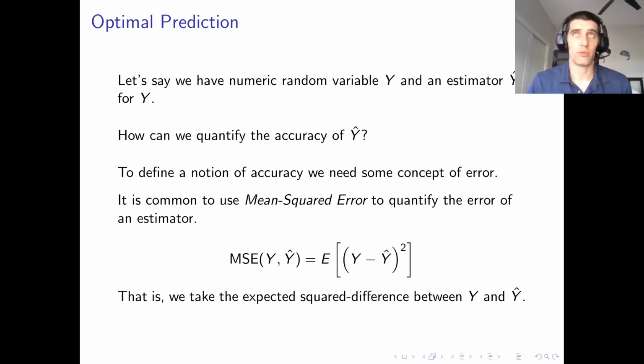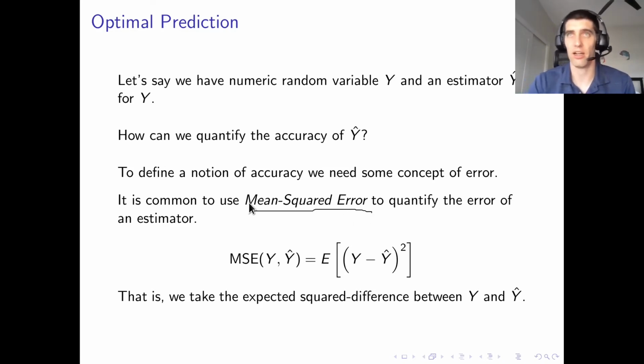The goal, as we said, is regression. We want to predict a numeric y. So what does it mean to do good prediction? Let's say we have a numeric random variable, y, so we're doing regression, and we have an estimator, y hat, for y. How do we quantify the accuracy of y hat? How good is y hat at estimating y? To do this, we need to introduce some concept of error,